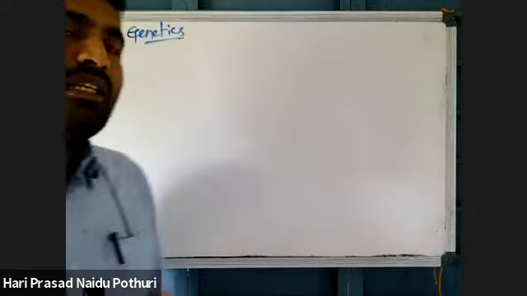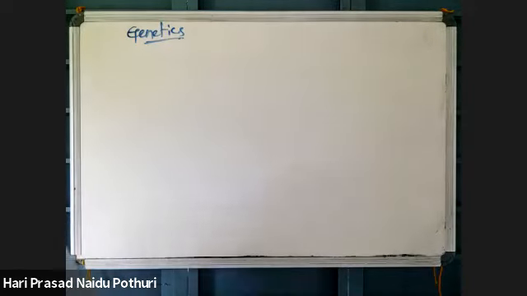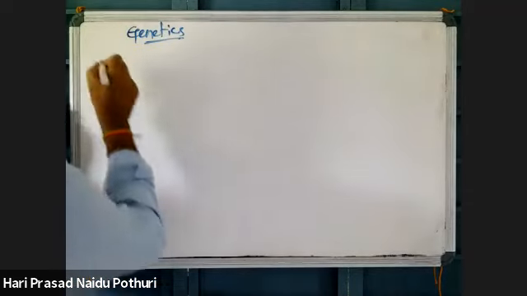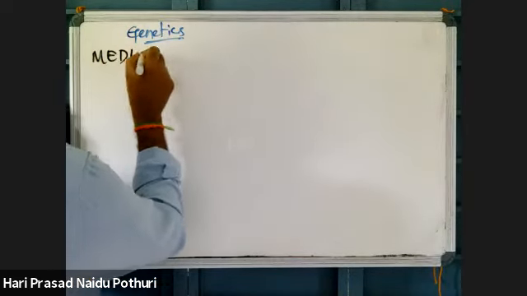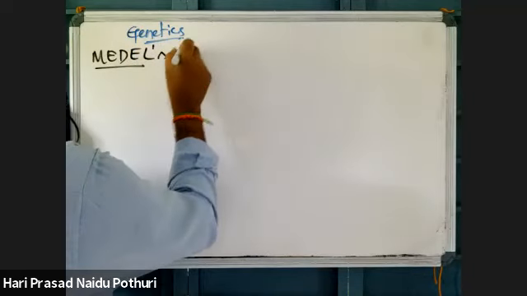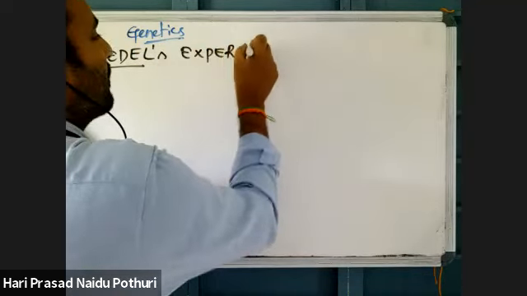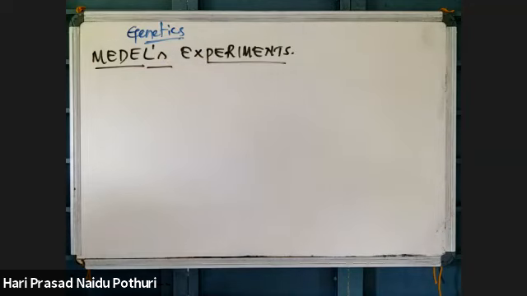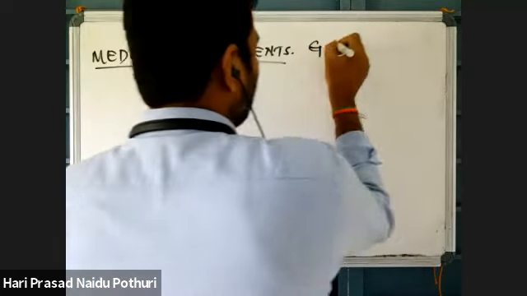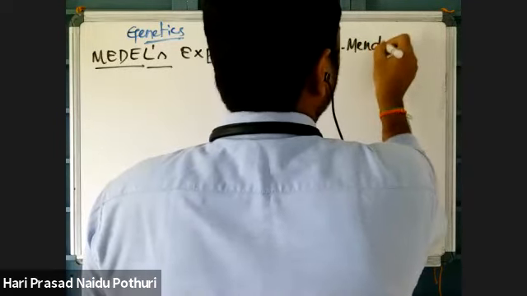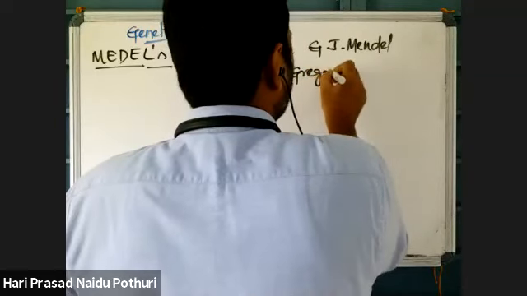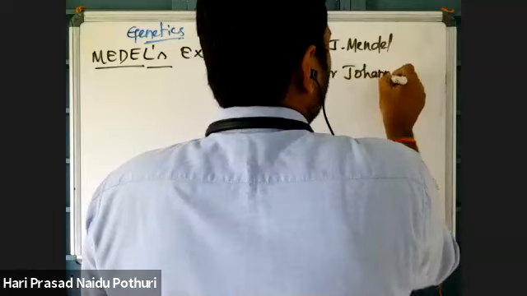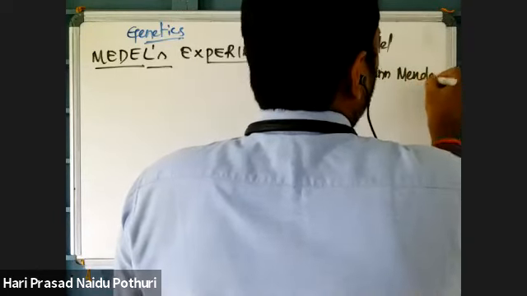Okay? So based on that, we can say that DNA is different in different variations. That difference in variations was first tried to be explained by a scientist called Mendel in his experiments on plants called pea plants. Mendel's experiments. Who is Mendel? Mendel's full name? G.J. Mendel. Gregor Johann Mendel. Gregor Johann Mendel.